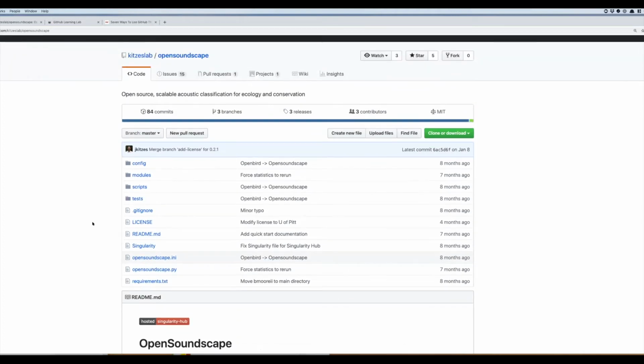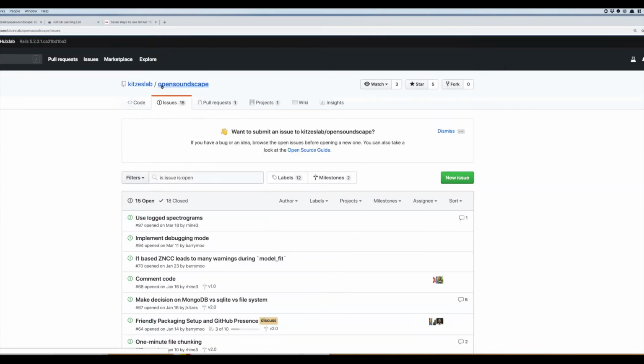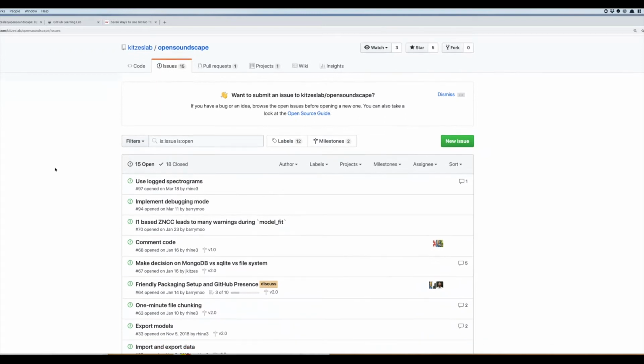And just to go over some of the tabs you'll see here. So we have issues. This is a great place to do a lot. You can brainstorm with others, which is what we use it for a lot at GitHub. You could also use it like opening a trouble ticket. If you find a problem, you can open an issue here and let folks know about that and discuss how you might want to fix it.